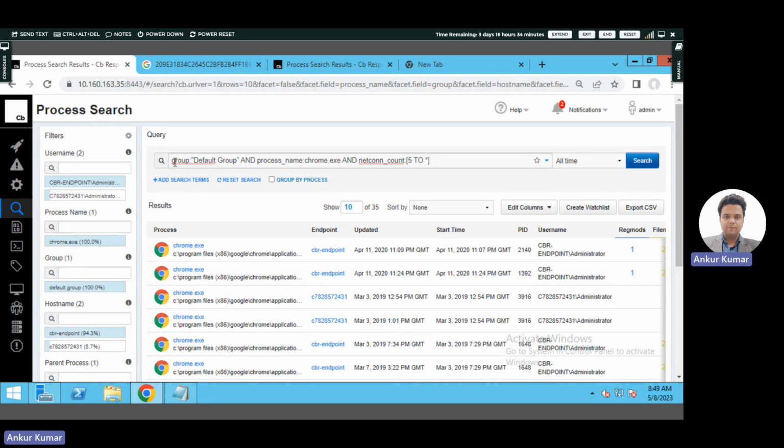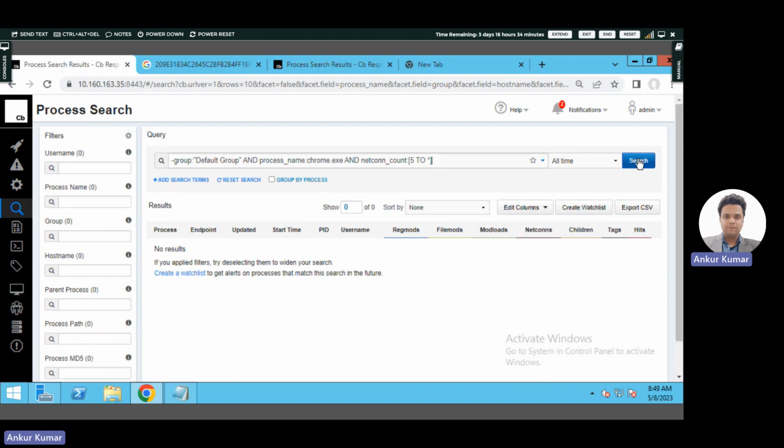But suppose I want to eliminate, I just want to search for any particular process which is not a part of this particular group. So I can use minus before this one, and here I can search it. But guys, because this is the default group and all the processes are executing here,